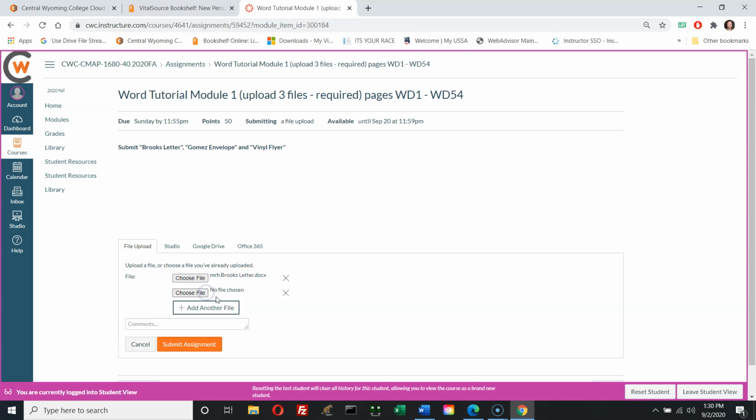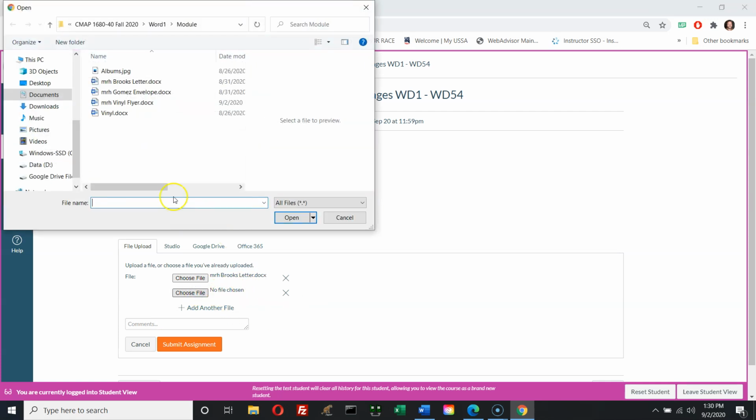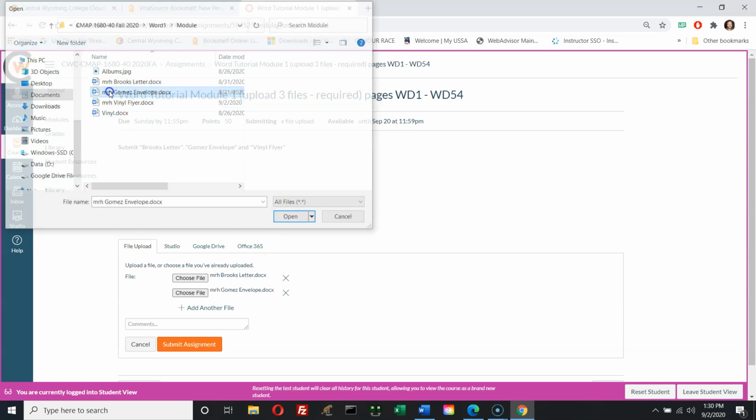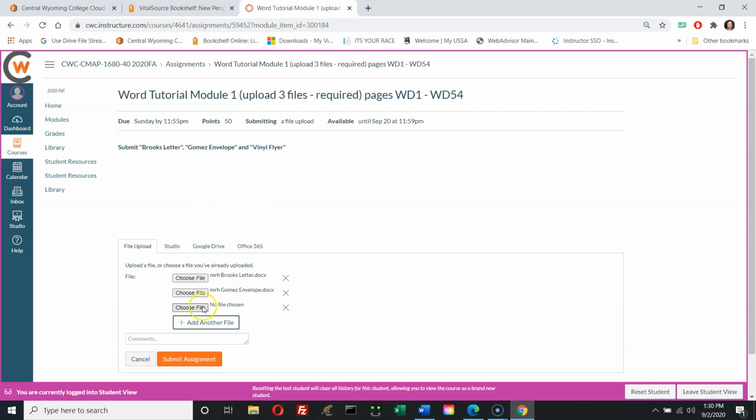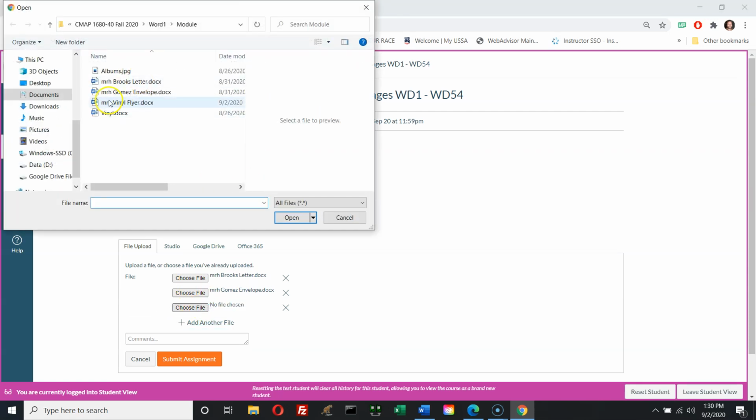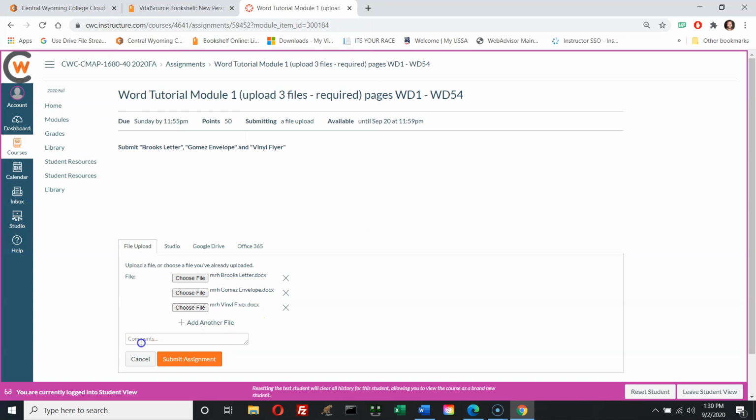I'm going to add another file. It says no file chosen. I'm going to choose a file, and this time I'm going to get the Gomez envelope. So now I've got the letter and the envelope. I'm going to add another file, click choose, click the flyer, and say,